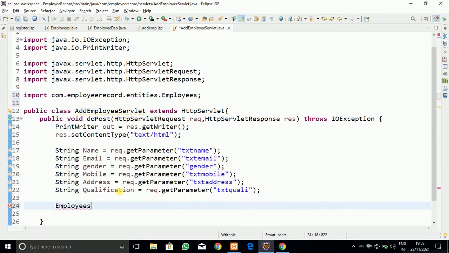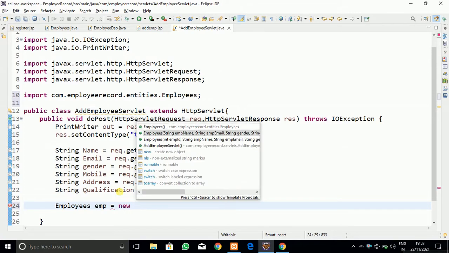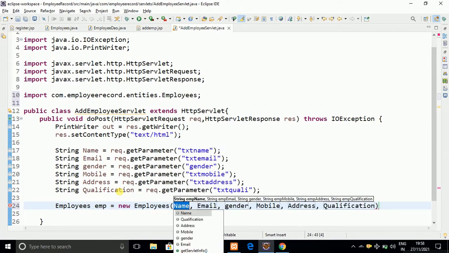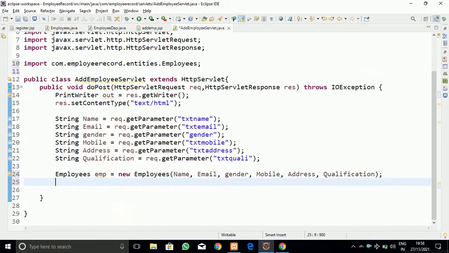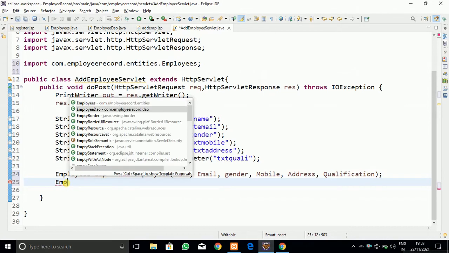So now our work is that I have to create the employee object of the employee entity, so that we can see we have created the constructor. As you can see, to the constructor we have successfully added the values that we have accepted from the HTML form. Here you can see that the employee entity object we have created. All the data is going to be stored into that emp object, that is, the entity object, an employee type variable.